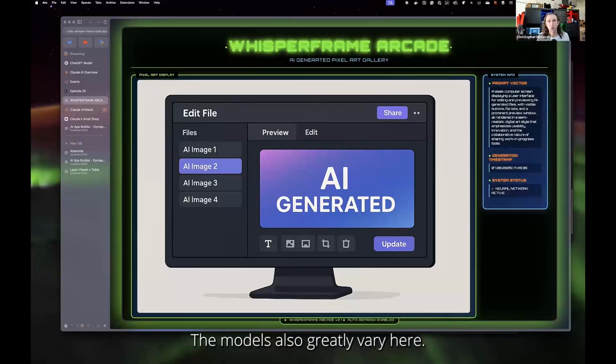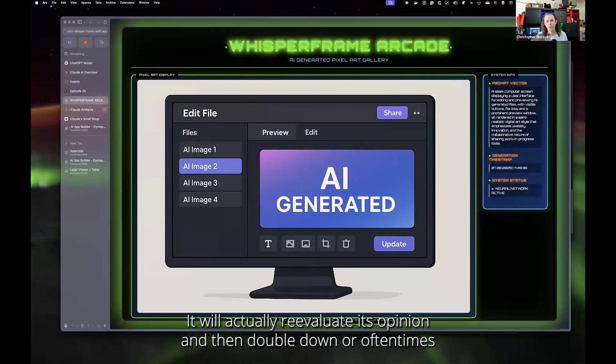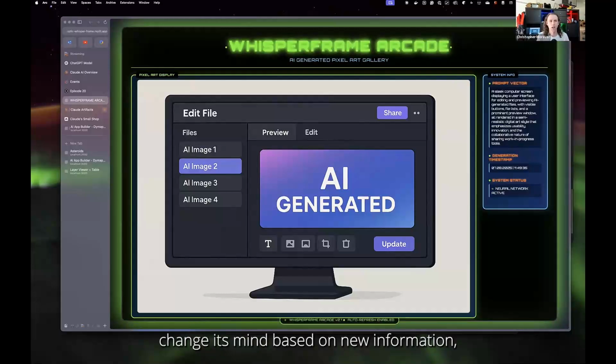The models also greatly vary here. Like ChatGPT o3, which is not as good at writing code, but is much better at searching the internet and answering questions. It actually has the ability now to, if you say, no, I don't think that's right, reevaluate its opinion and then double down or oftentimes change its mind based on new information, which is something that models have not been able to do.